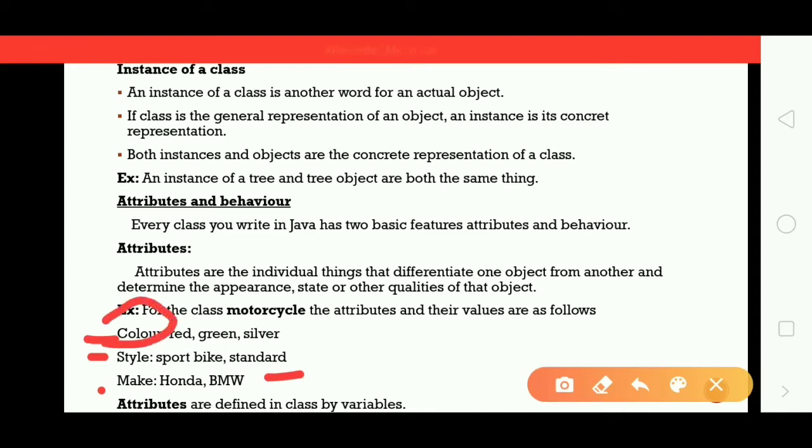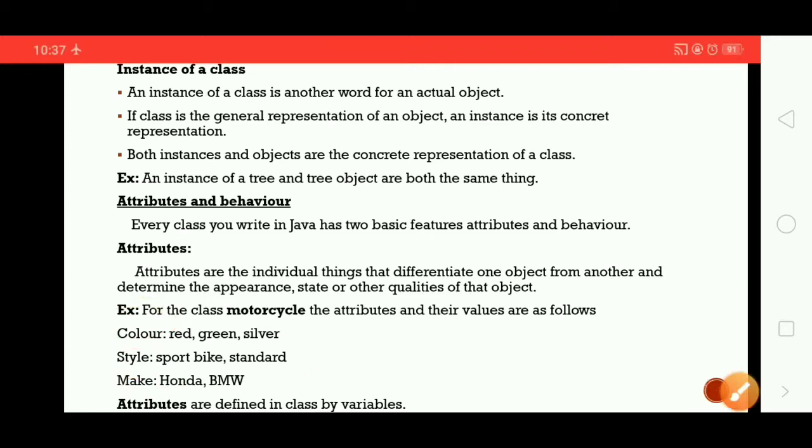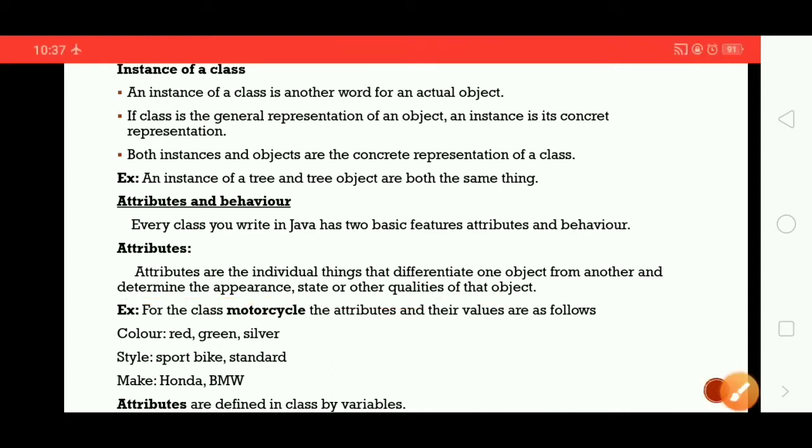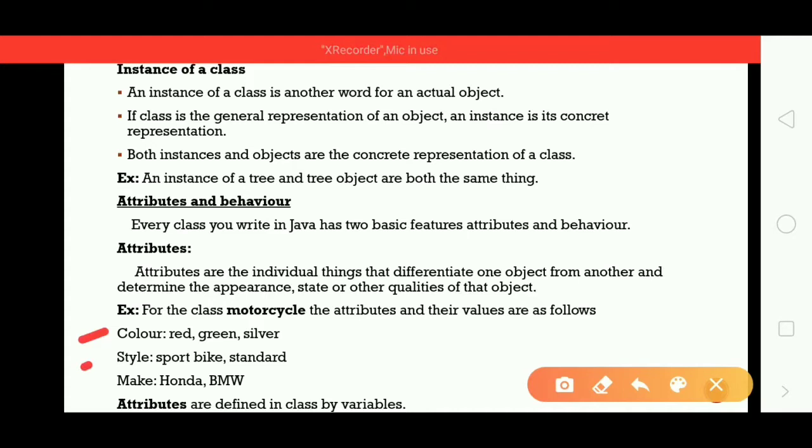Color is different, style is different and make is different. And here they determine the appearance and the states or qualities of that object. Color determines the appearance, state or quality of the object. In the same way, style and make.